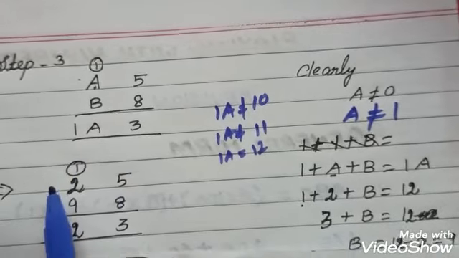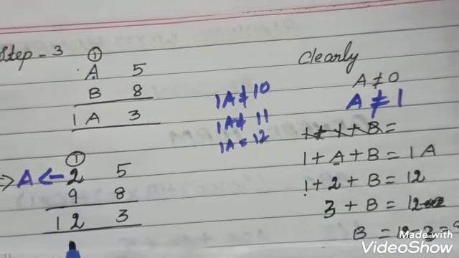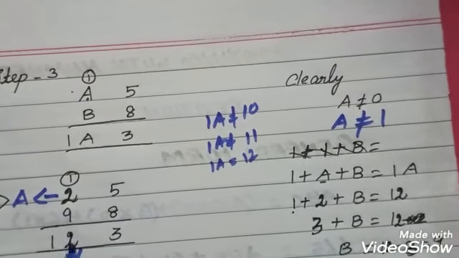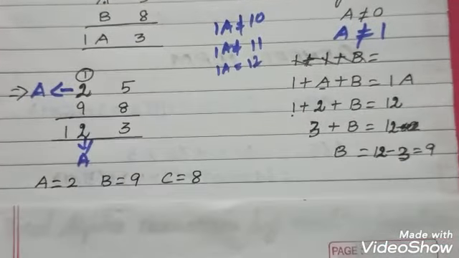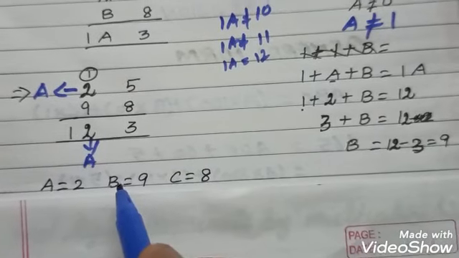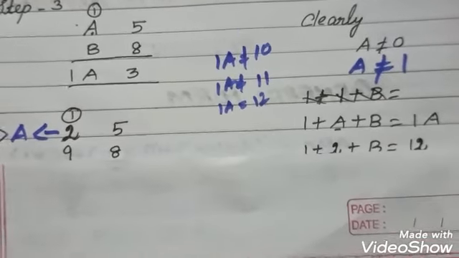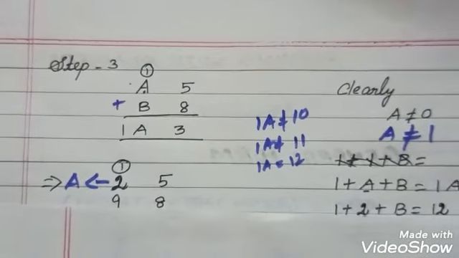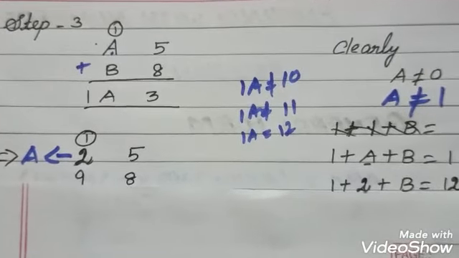Now you see here the value, this one is A, we replace it with 2, and in the answer also we get 2 instead of A. So the condition is satisfied. Because of this, by addition we find A equal to 2, B equal to 9 and C equal to 8. I hope children you understand how to find the alphanumerals by addition. The same way you find the alphanumerals in a 3-digit number also.